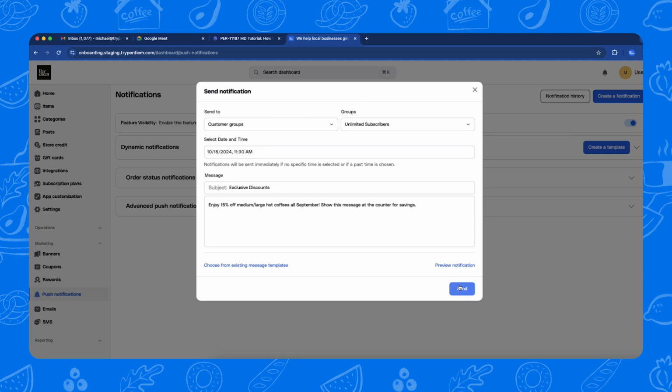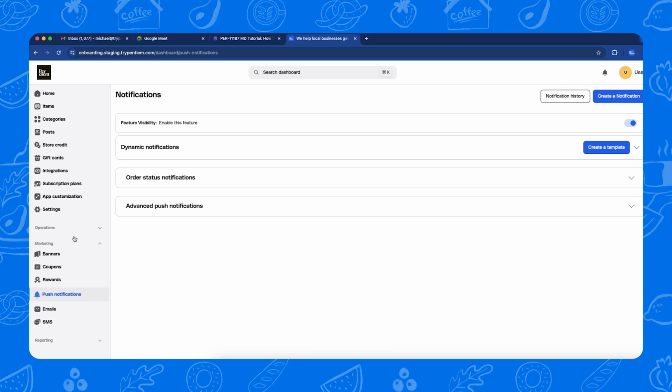Once you're happy with the message, hit the Send button and your notification will be delivered directly to your customers' devices. If you'd like to send a notification to a specific customer, go to the Reporting tab on the sidebar,